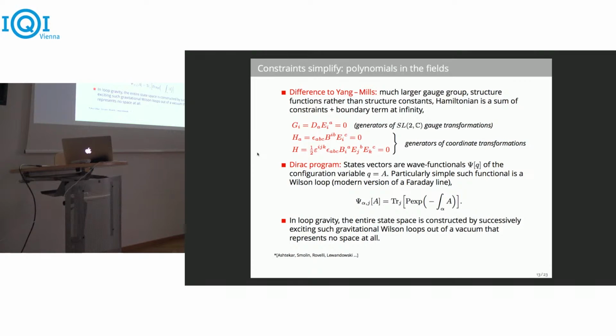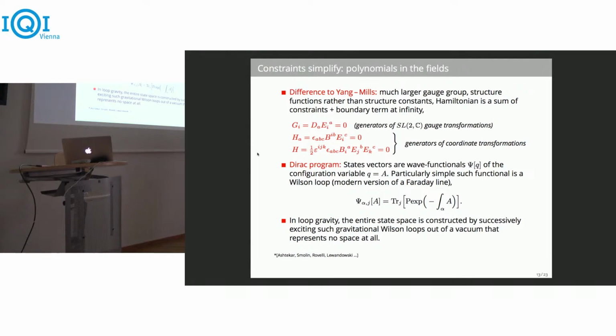So we start out with wave functions that are complex valued functionals of the configuration variable, which is the connection. And a particularly neat such functional is just the Wilson loop operator, which is the trace of the parallel transport